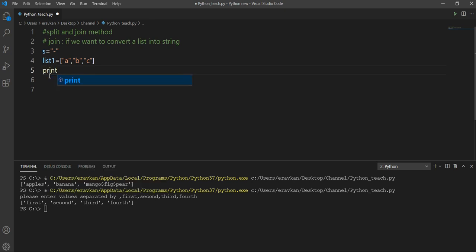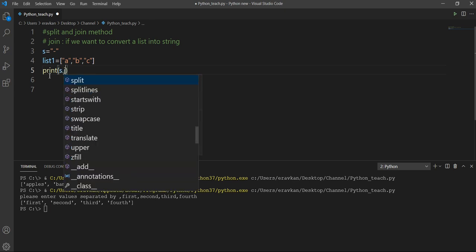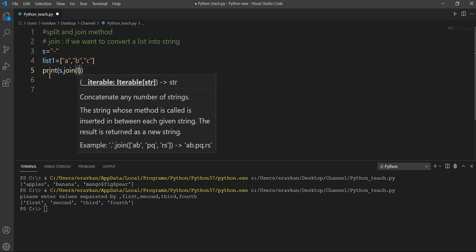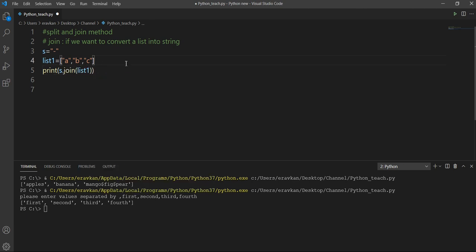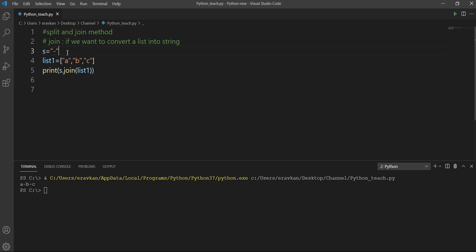Okay, so print s dot join. What do you want to join? List1 I want to join. So now all the list elements will be formed into a string. By joining with this s, the output will come like A, B, C. If I don't specify anything and do it this way, let me run it.